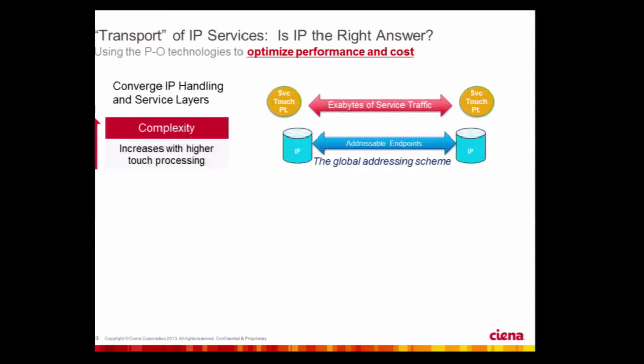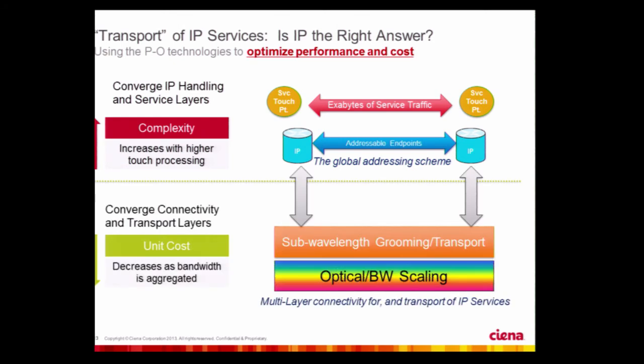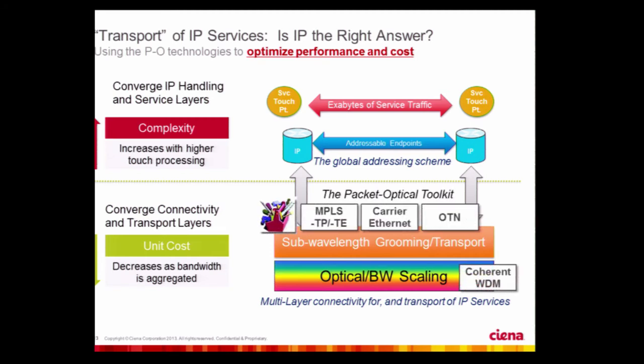So in terms of the connectivity, a lot of the services that we support are really IP services, but then should we really do all this via a routed infrastructure, or can we do it more efficiently? We think that we shouldn't do it all routed. We actually think that it is better and more cost efficient to use sub-wavelength grooming. So you do IP where it's needed, and you do a mix of packet and optical platform to transport the data through the network.